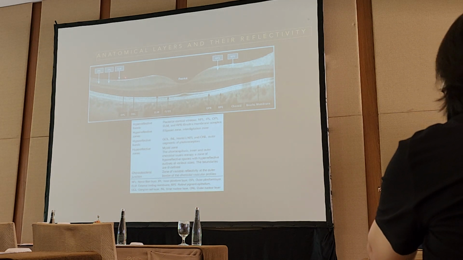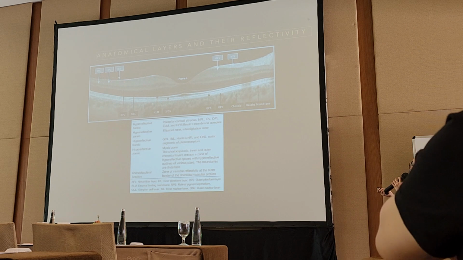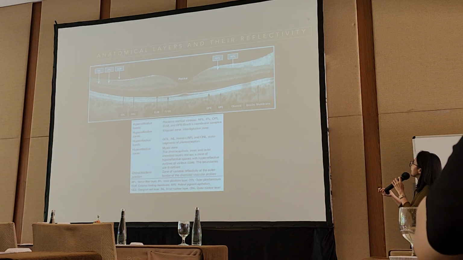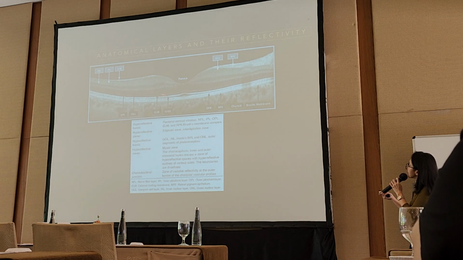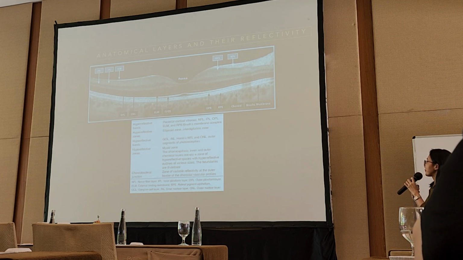So from up here, this is the ILM. This is a footplate of the Müller cells. And then we can see the nerve fiber layer, ganglion cell layer, inner plexiform layer, inner nuclear layer. The nuclear layer is actually more hyperreflective over here. And then the outer retina, then we can see there's these lines over here that is actually important in measuring